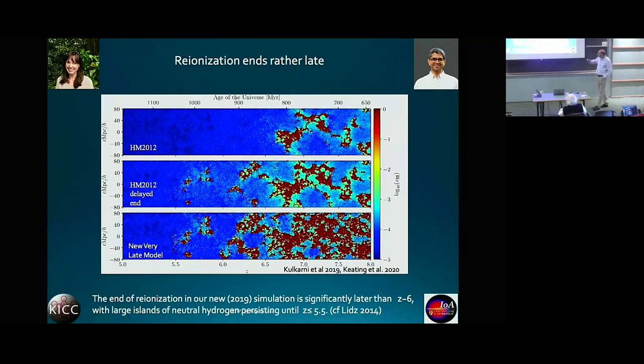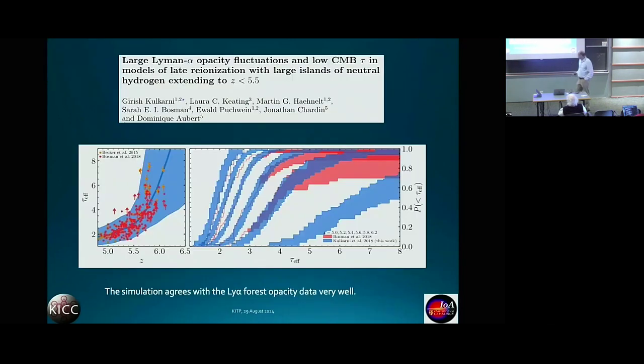So we had here an older model on the top, where you see from left to right how things are already completely ionized at redshift 6. And in the models that actually fit the flux distribution well, you have these remaining neutral islands, the last bits of the overlap of the ionized regions. And we can really see this and study this in front of our eyes at lower redshifts than we had anticipated.